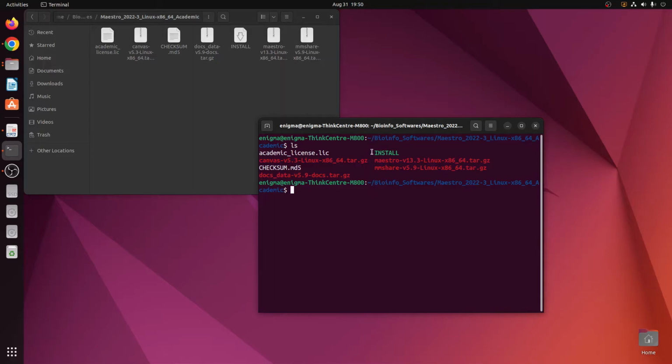As I mentioned earlier, install, as you see over here in green font, is an executable file. So you need to type a command to install this file on this computer. It is sudo sh ./ and then you write